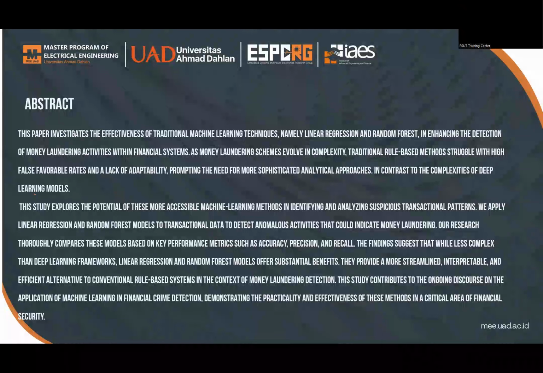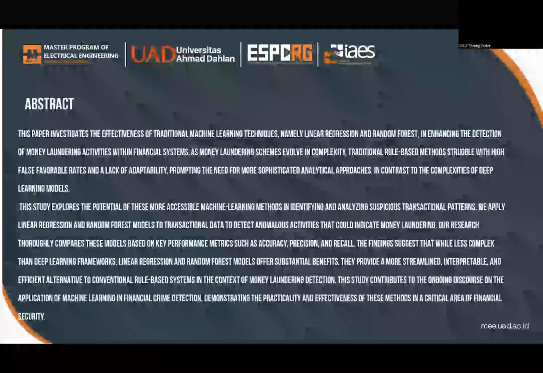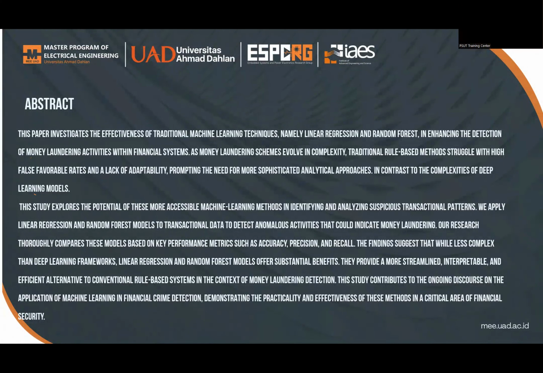We apply linear regression and random forest models to transaction data to detect anomalous activities that could indicate money laundering. Our research compares these models based on key performance metrics such as accuracy, precision, and recall. The findings suggest that while less complex than deep learning frameworks, linear regression and random forest models